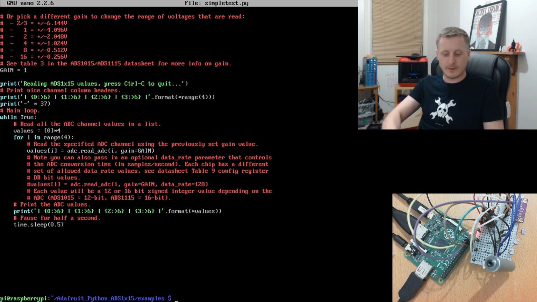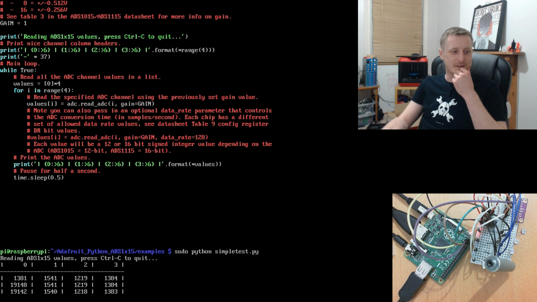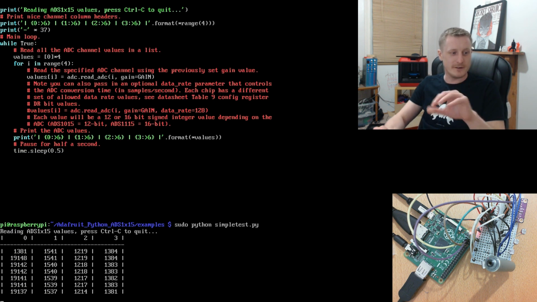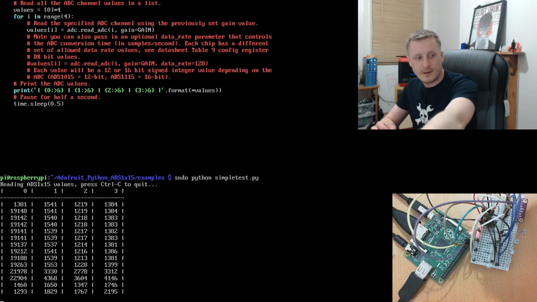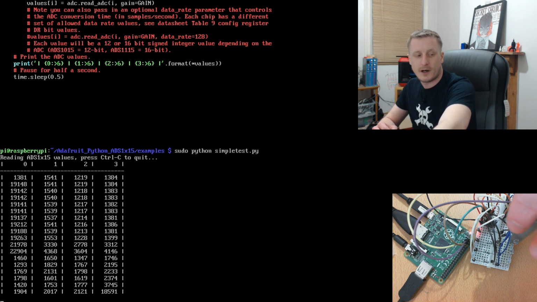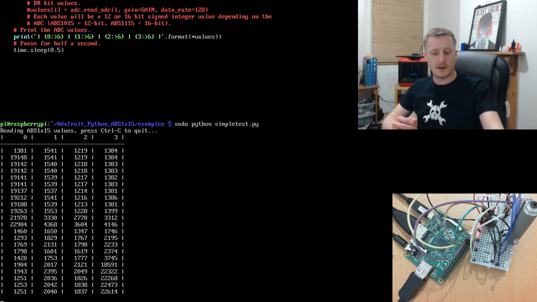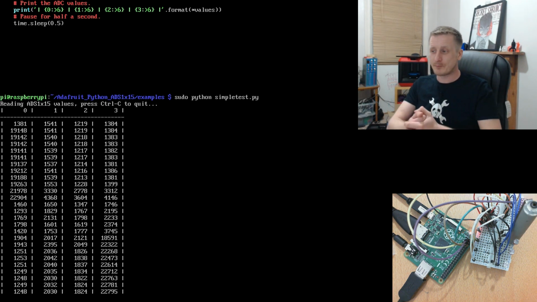We want to do sudo, and watch for the tab now because I'm going to do it. Sudo python simple test.py. There we go. So it's going to give us all of the values. So we can see that value 0 is low or high, and then we get value high on 3. So the idea is